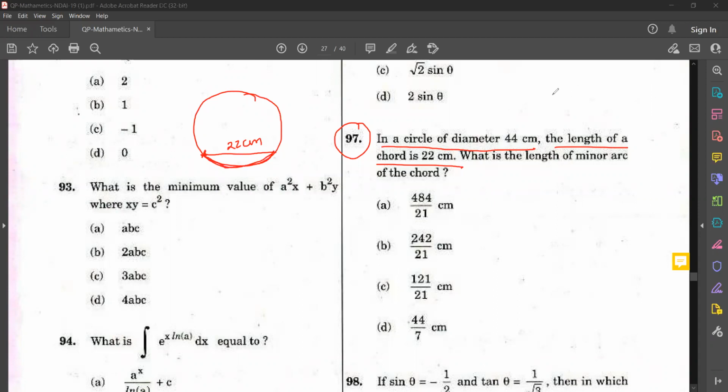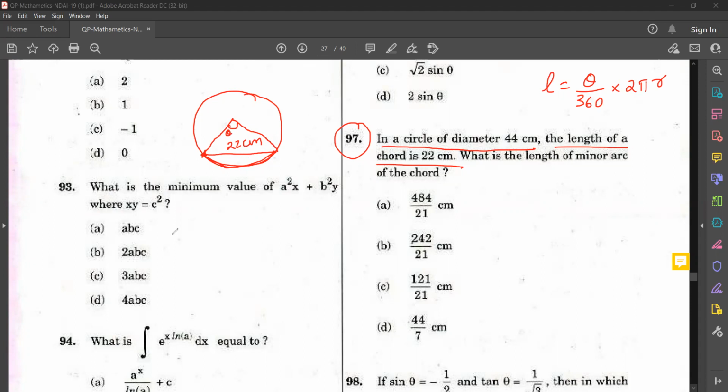Okay, so how to find the length of an arc? Length of arc is equal to theta by 360 into 2 pi r, where theta is the angle subtended by this chord at the center. Now listen, for this circle, you have to get this theta. Then you can substitute all the other values, we know the radius also, we can find it from the diameter. If you have this theta, we'll be able to do it. Think how can you find the theta?